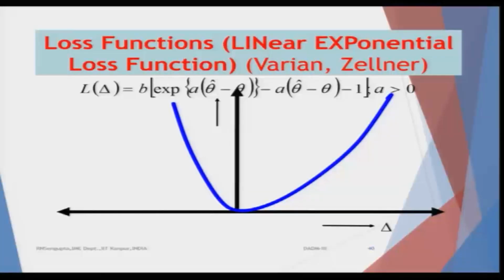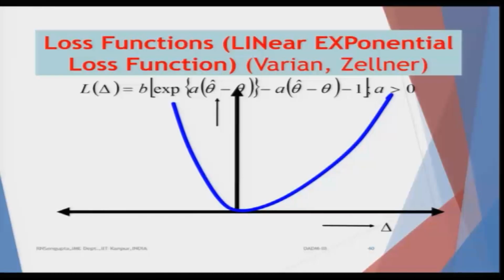Now, in the 1960s, 70s and 80s, work was done by Hal Varian, who is in the area of economics, to predict the prices of houses, or to study whether overestimation and underestimation can be broken down in such a way that they would make some practical sense. Initially this was from the economics point of view. Later on, Arnold Zellner took this up as a statistical study, where he proposed the statistical properties of a loss function known as the linear exponential loss function, or the LINEX loss function.